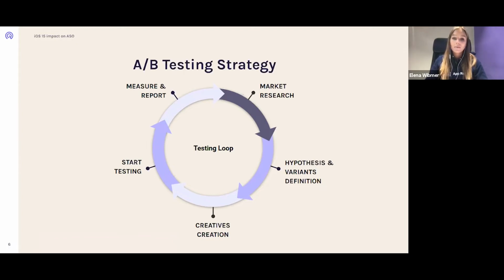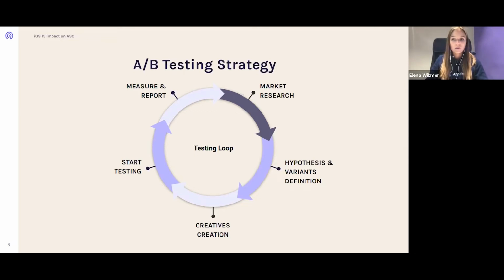Another thing that I would like to highlight here is that you should always target specific countries instead of going worldwide within your tests. The reason behind it is quite simple. Your testing results for, let's say, Spain won't be the same as for the United Kingdom or Italy, simply because people in different countries have, of course, also different cultural preferences. This is why you need to consider the A/B test per locale in order to optimize and increase conversion rate